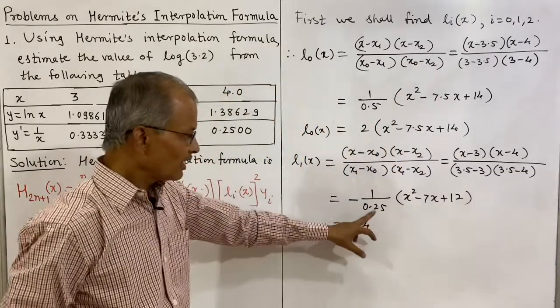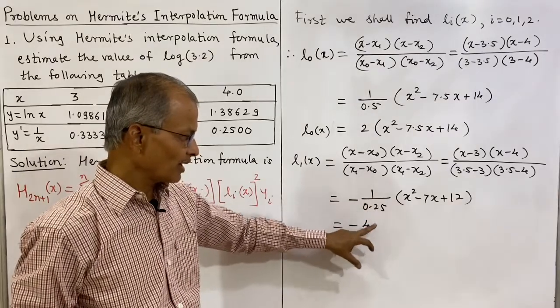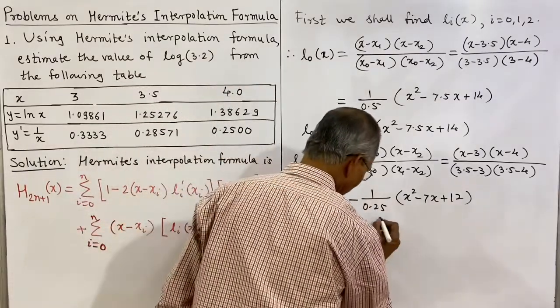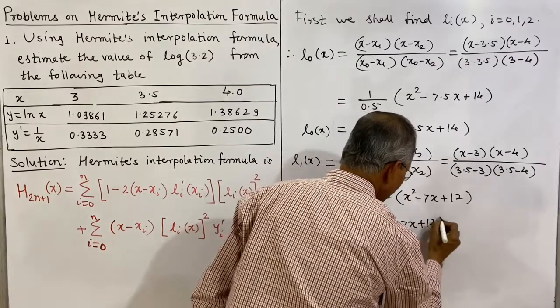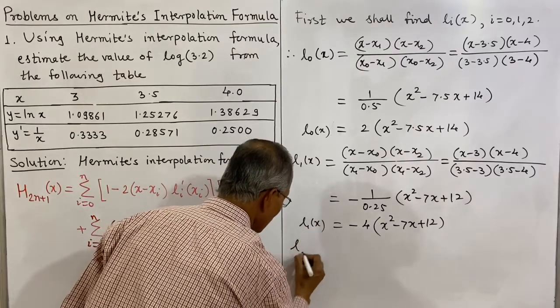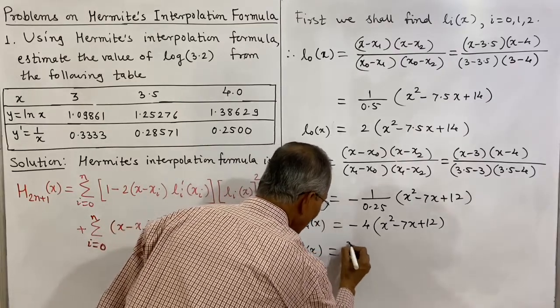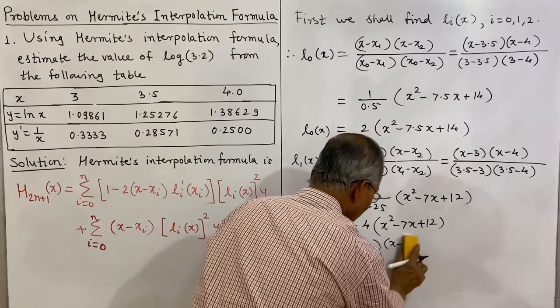1 over 0.25, that is 1 by 4. 1 upon 1 by 4 is 4. So 4 at the numerator with negative sign: minus 4 times x square minus 7x plus 12. This is L1 of x. One more is remaining, that is L2 of x. L2 of x will be x minus x0, x minus x1 divided by